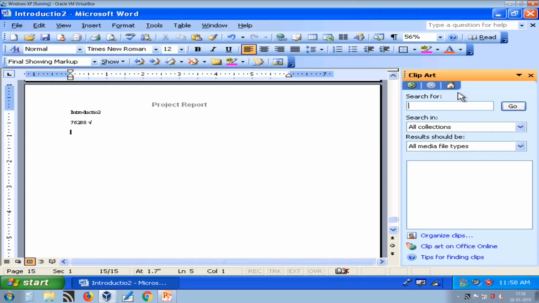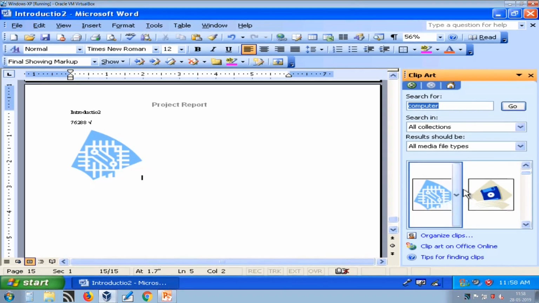So here you can search for a picture which is clip art. Here you can see it shows clip art which matches computer. It is currently searching for clip arts which match computer.